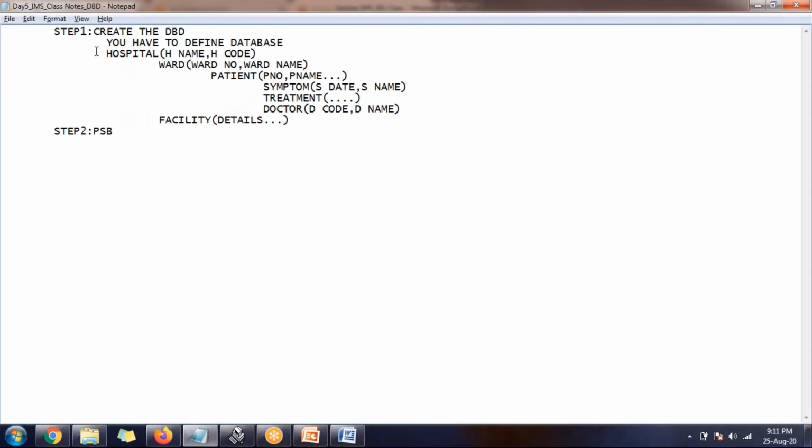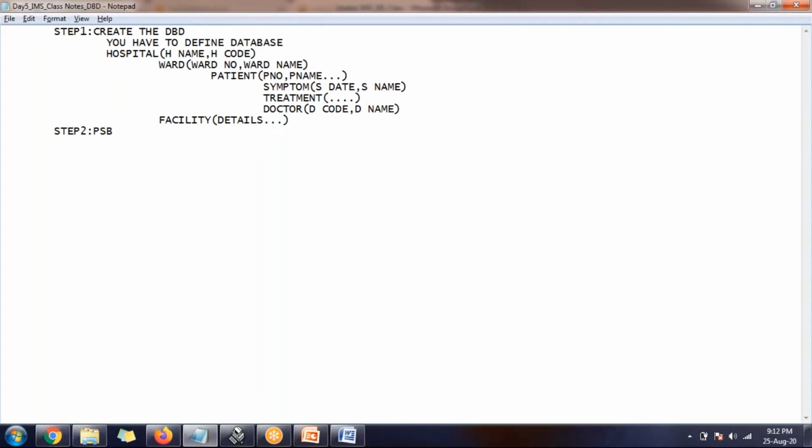So even in IMS DB, they have to maintain the security concept, referential integrity implementation and data consistency. If they want to do all of it, we can do it. In a PSB, let's say I have 3 developers.